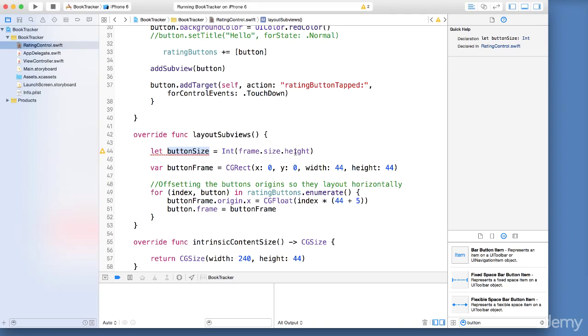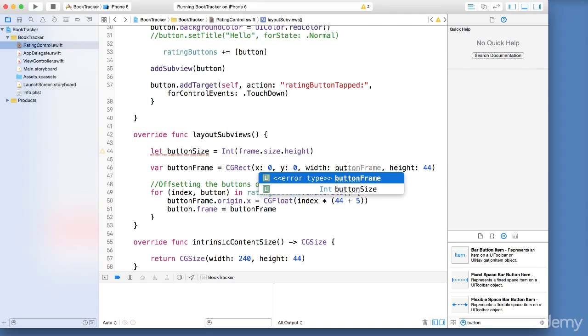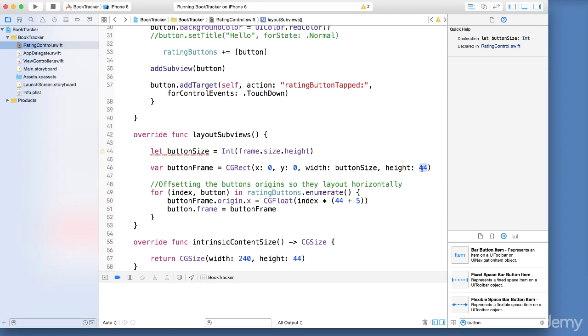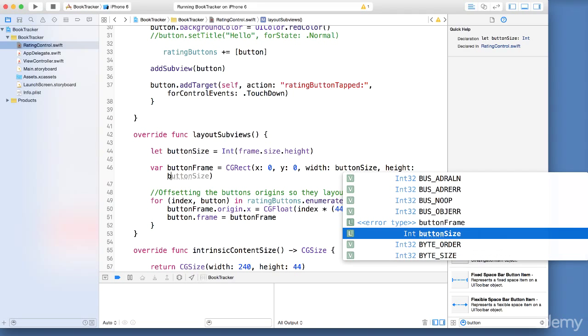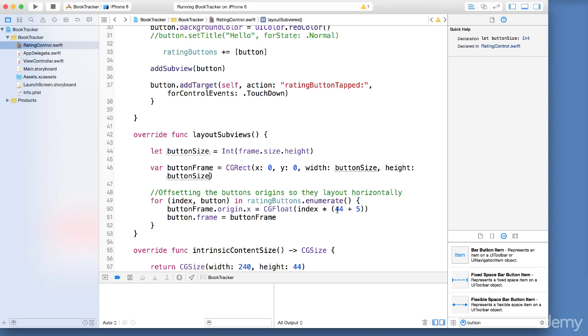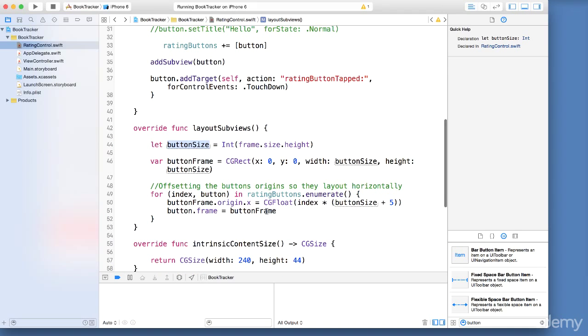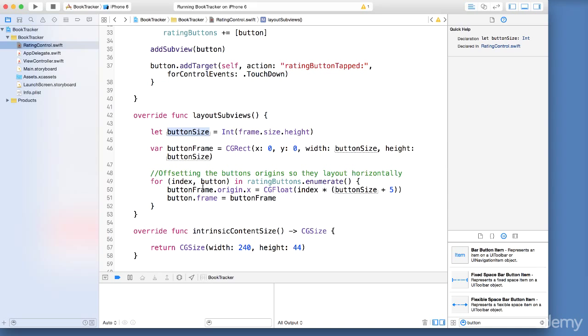That way we can use this variable as opposed to hard coding numbers. Okay, so now we can just change everything to buttonSize. Again, this will not change in any way how this performs, but it's a really good idea because then we only have one place to change the size, where we declared our buttonSize variable, as opposed to having to change everywhere else. So that's just a good programming practice.